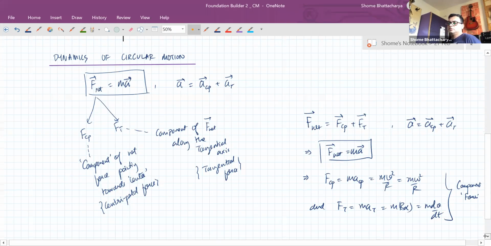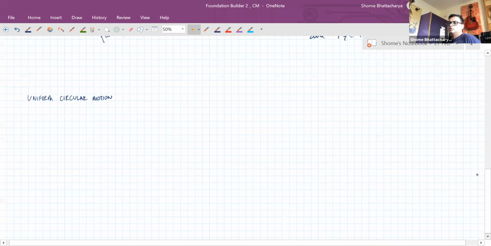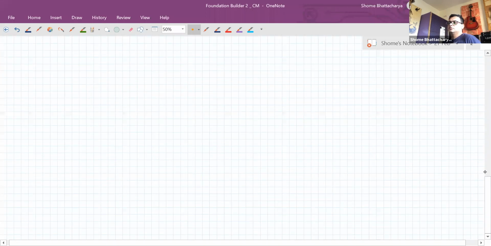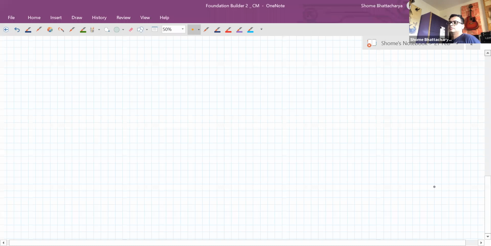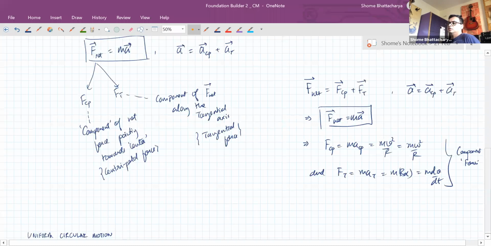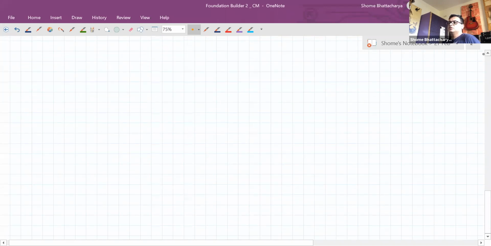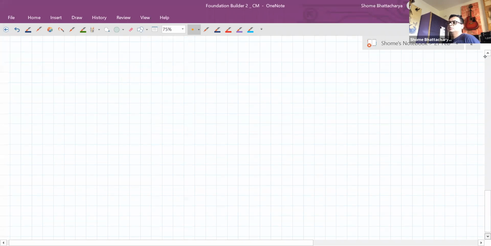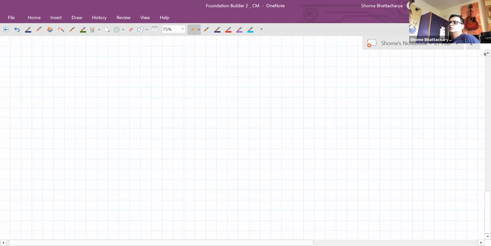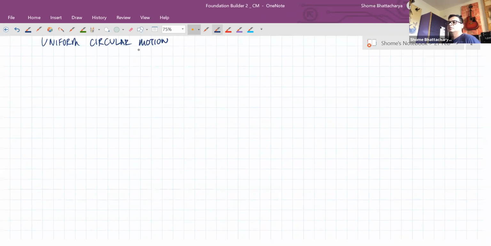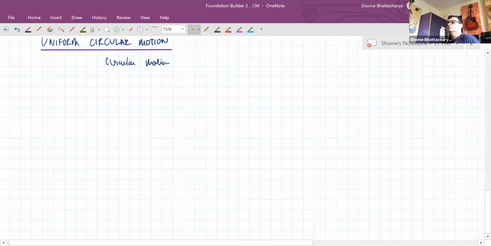Okay, so let's come back to the special case of uniform circular motion. So as you know, by definition, uniform circular motion is when the speed on the circular path is constant or the speed is uniform. That means the rate of change of speed is zero. So by definition, uniform circular motion is nothing but circular motion at uniform speed